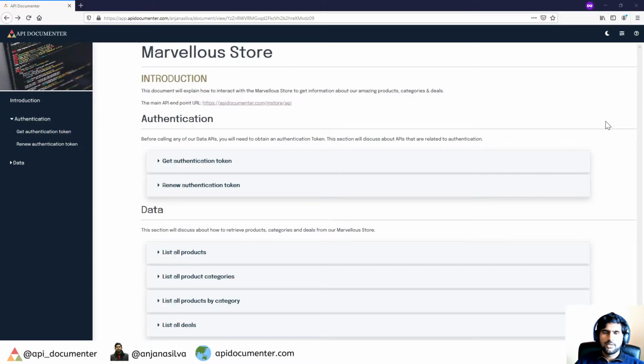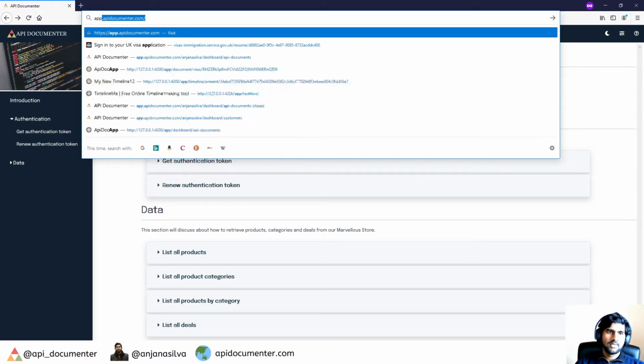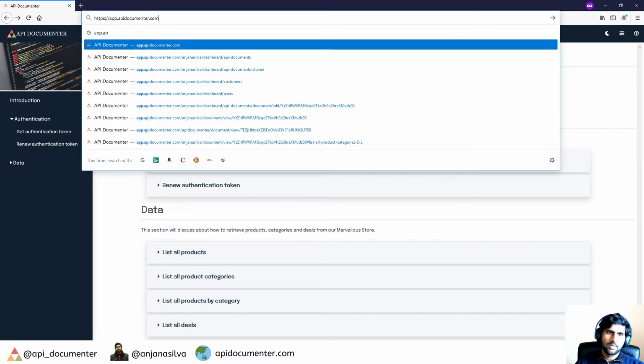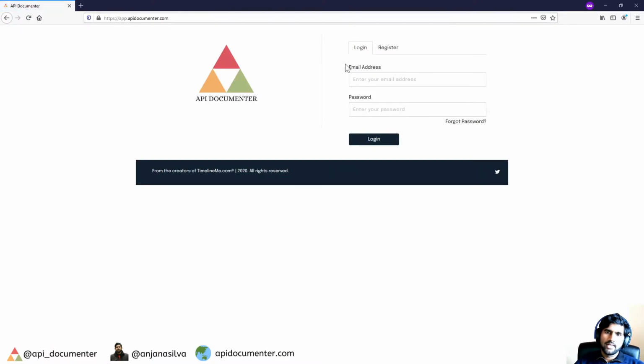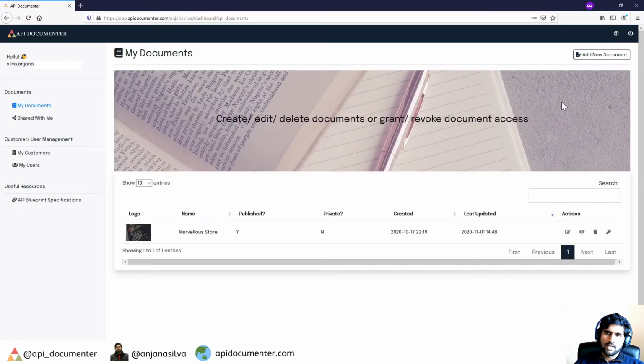The next thing I'm going to show you is how to create this document using the API Documenter tool. To do that, first I'm going to log into the application, which is app.apidocumenter.com, and I'm going to key in my username and password and hit login. As you can see, as soon as you log in, you will see your documents, and this is the document